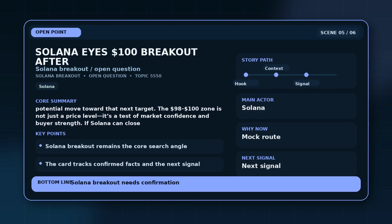However, if the price fails to hold above $98 and retreats back into the $85-$95 range, it could signal that the current rally is still just a consolidation phase rather than a full reversal. Traders and analysts will be watching the volume and price action closely around this level to determine the next move. In the broader market context, Solana's performance